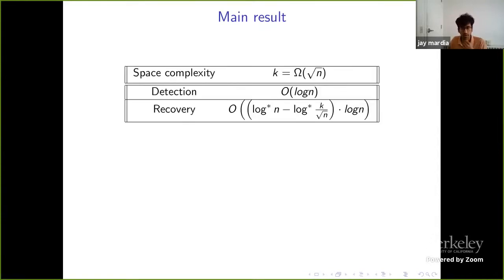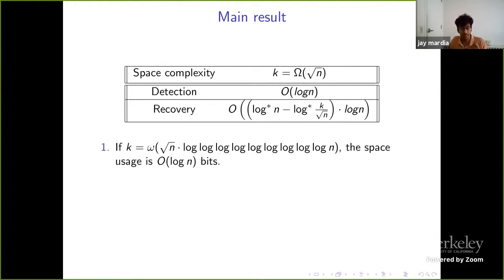This is what we're aiming for, and the main result of this work does not give us what we want, but it comes fairly close. What we can do is design an algorithm that has this ugly looking space complexity bound. The log star function is an extremely slowly growing function. And just so we can understand this bound a bit better, let's look at some examples. If the signal to noise ratio or clique size k is just slightly larger than square root n, I think